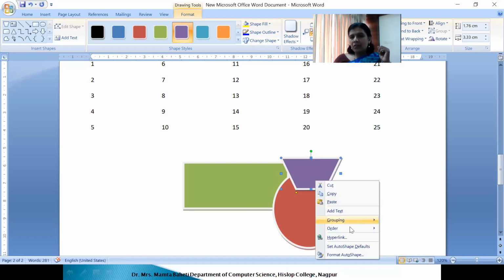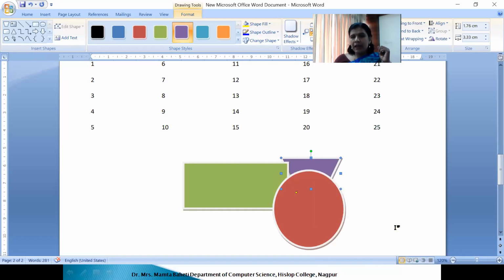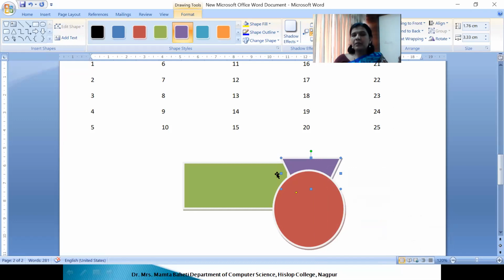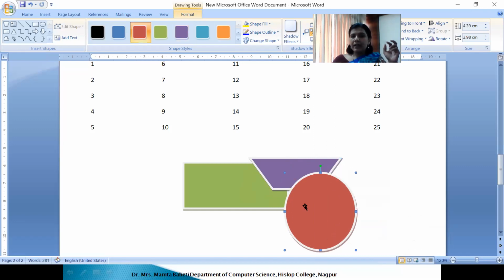Order, bring forward, it will just come one image forward. Suppose you want to create a collage, this ordering option will help you a lot. So you can manage the sequence as per your design, your creativity.